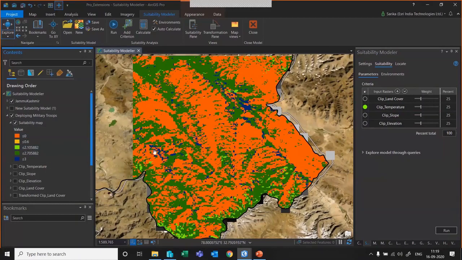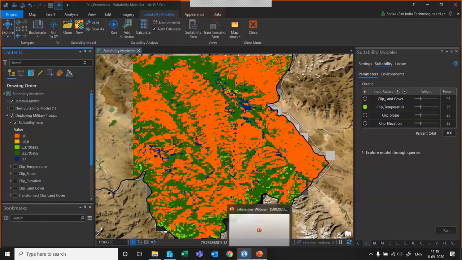If you see the blue color spots, if we are placing our military troops in this area, we can make sure that they are safe, secure, and they can even target the enemies in a better way, and they will not get targeted easily. So in this way, you can use suitability modeler for different kinds of analysis. Suppose you want to find out the gold mines, or based upon the industries, you can use this model, build parameters, assign weightages, and extract the most suitable sites.